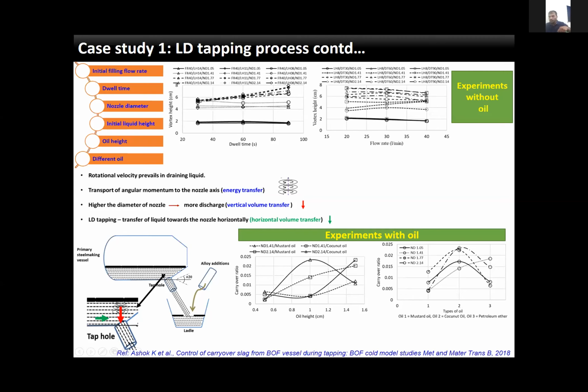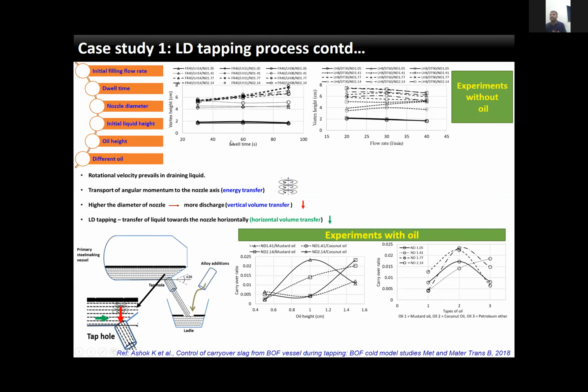This motion, the green color motion that I denoted here, will break the vortex forming in the gravity direction. So if you have more liquid motion in the horizontal direction towards the nozzle, this will disturb the vortex. So that's the primary understanding being developed using the physical technique,